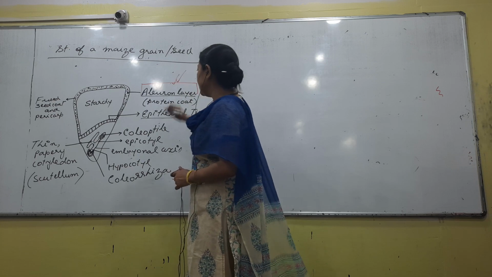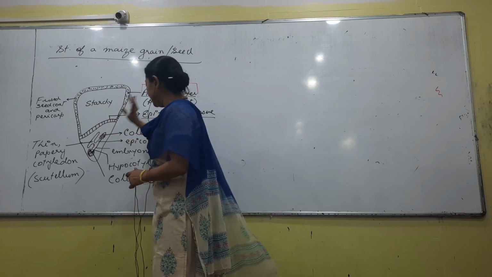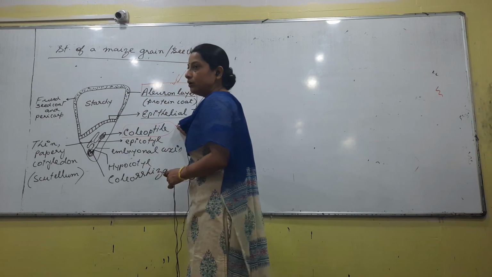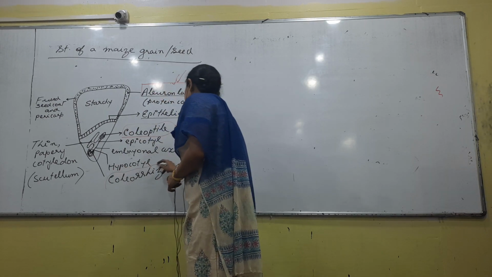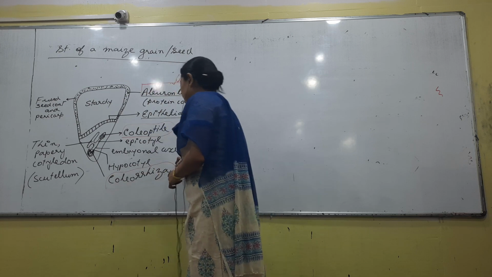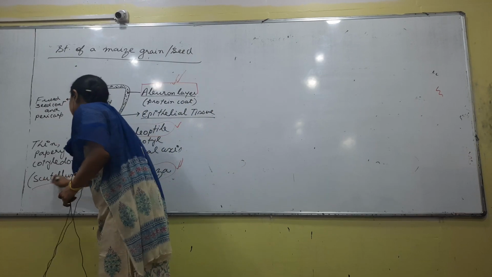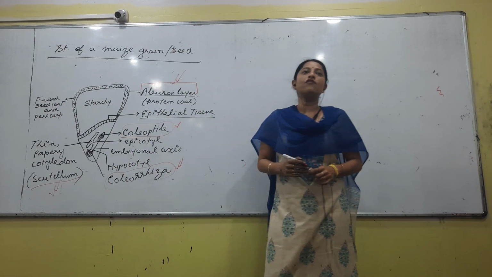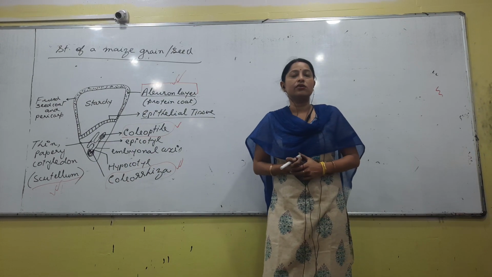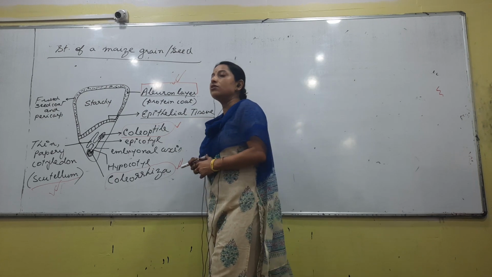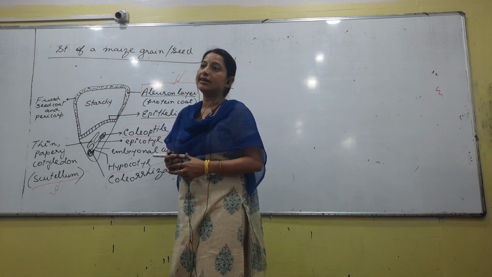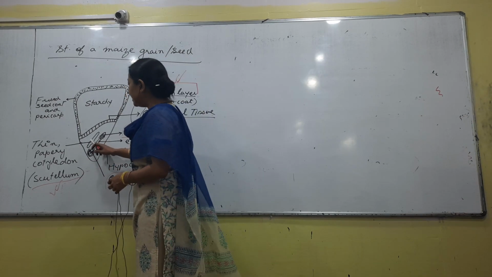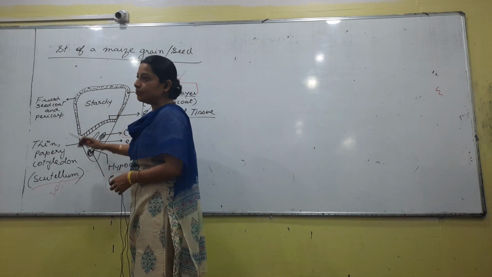So the aleurone layer is important, then epithelial, starchy. Then you have something called coleoptile, something called coleorhiza, and obviously this one, very very important, right? The single cotyledon of a maize seed, or the single cotyledon of a monocot, is called scutellum. So what is scutellum? You have to identify the parts A, B, C, D.